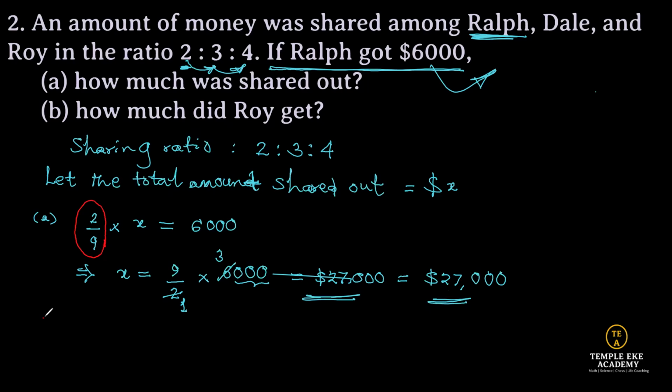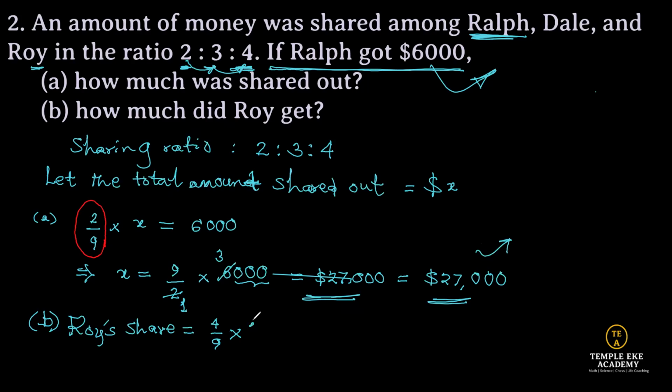Now let us look at the second part of the calculation. How much did Roy get? Now we have the total amount shared. So Roy's share can easily be found. Roy's share is the part of the ratio belonging to Roy. Roy is actually the third name mentioned. So ratio 4 belongs to Roy. So we're talking about 4 out of the sum of the ratio, 9, as we saw it. 2 plus 3 is 5 plus 4, that's 9. Multiplied by the total amount shared out. The total amount shared out has been determined,